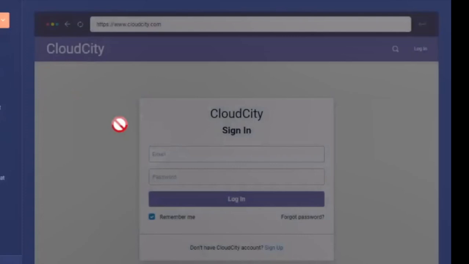So here in the application, Cloud City is a cloud hosting provider that offers virtual servers for developers, startups, and enterprise customers. Alice, the CTO of Cloud City, has engaged a cybersecurity consultant, Bob, to perform regular penetration tests against the Cloud City application and its associated infrastructure. Penetration testing, also called pen testing or ethical hacking, is the practice of testing a computer system, network, or web application to find security vulnerabilities that an attacker would exploit.